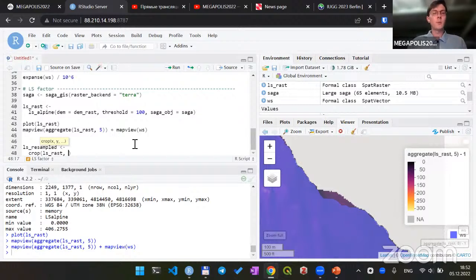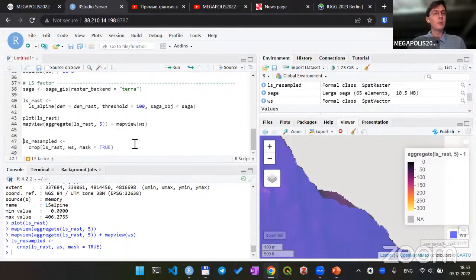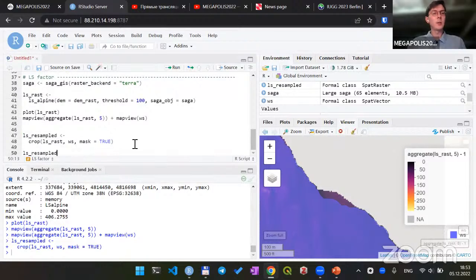The second variable is the object we're going to crop with. It is ws, and we need to use the parameter mask equals true, to be sure that we crop everything outside the watershed. Okay, so it is calculated already, and we can now plot it